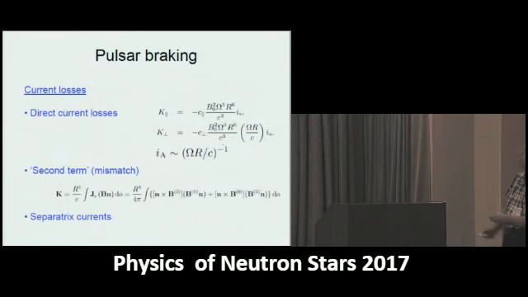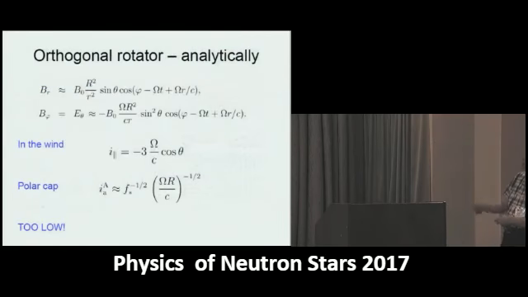Here. Of course, it's large enough as well. For an orthogonal rotator, this current is to be larger than the local Goldreich-Julian current by a factor of approximately 100. And to tell the truth, no one models such large values of longitudinal current. But you see, this current is too low to explain the energy losses for the universal solution, for the standard expression